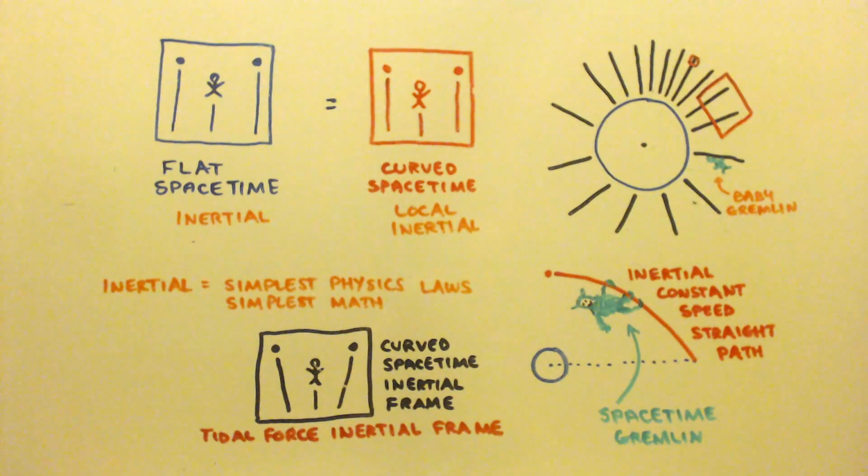Another type of a relative inertial frame would be like a man on a spaceship going 9.8 meters per second squared, and the spaceship itself. They're both inertial, relative inertial frames because they got the same physics and they're standing still relative to each other, just like the man on Earth. Okay, there's another type of relative inertial frame.